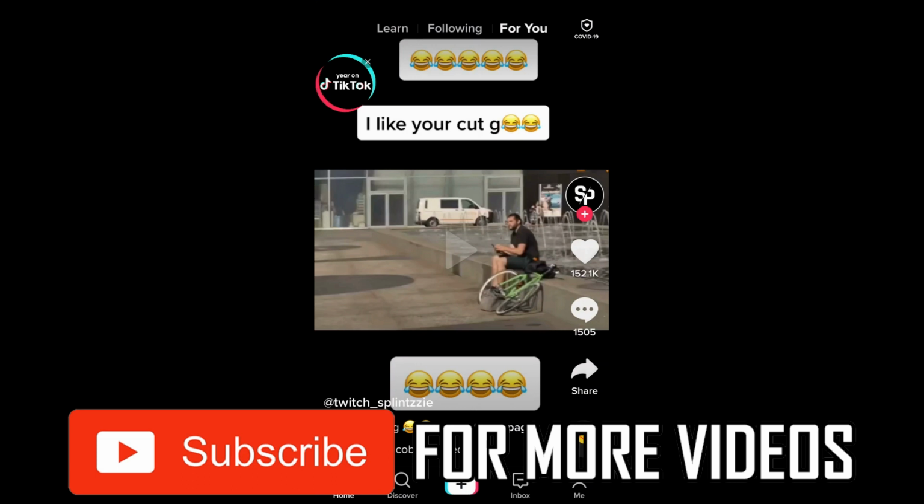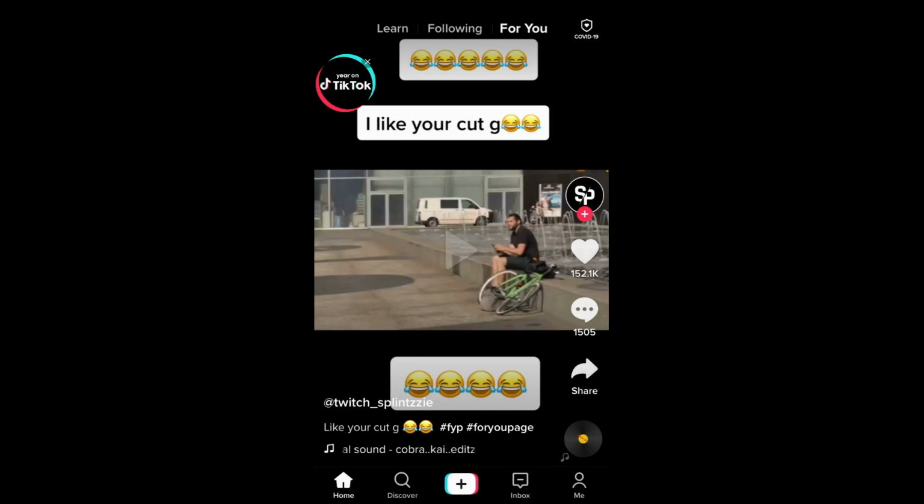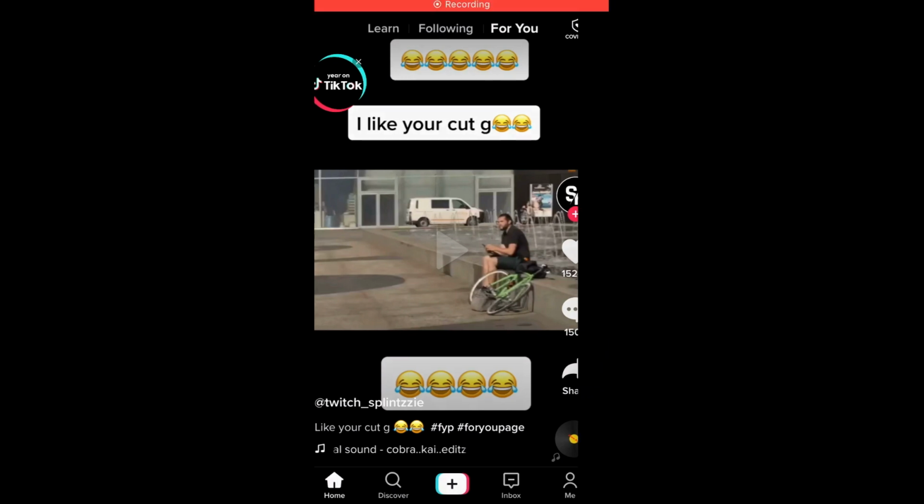Once you've done that, go to the TikTok homepage, look to the top left hand corner where you should see a circle that's blue and pink right there. It says Year on TikTok. Click on that. But for whatever reason, if you can't see it, you might need to delete your app and re-download it again,